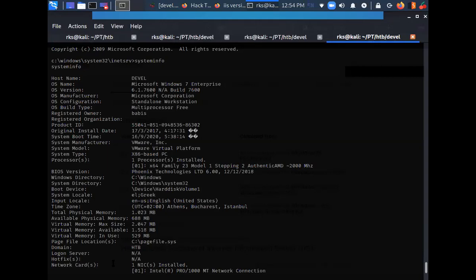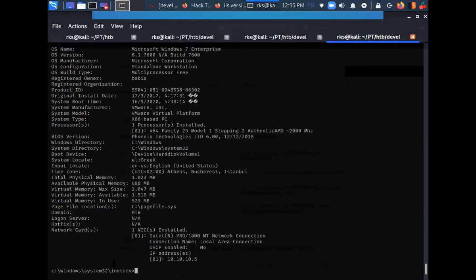There are two ways out here. One is manual exploitation, but we are going to look into manual exploitation throughout the course later on. As of now, let's see how we can escalate our privileges using Metasploit itself.